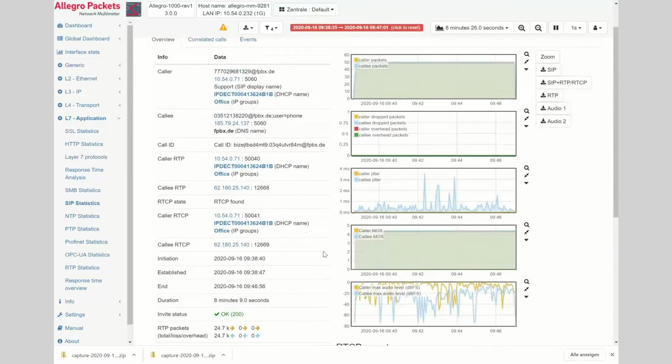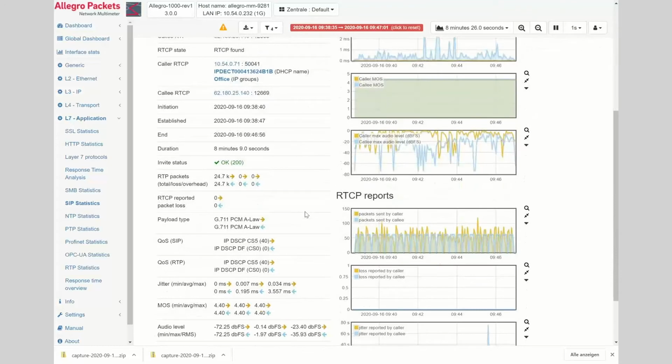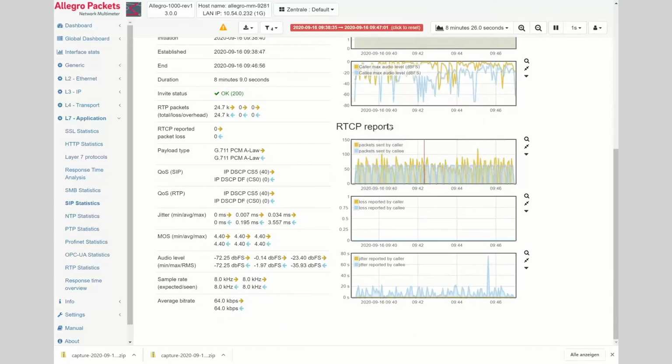We also added an RTCP decoder, which is extremely helpful for debugging end-to-end problems. RTCP is the control protocol of RTP, and it's sent by the end devices. So many end devices support RTCP reports, and they are telling the other telephone about the quality. Number one, they are telling what is the packet rate they are receiving, plus how many packets have been lost.